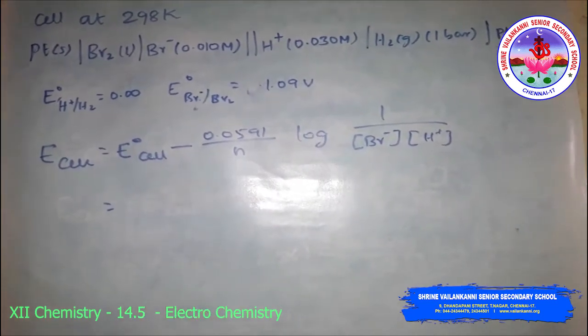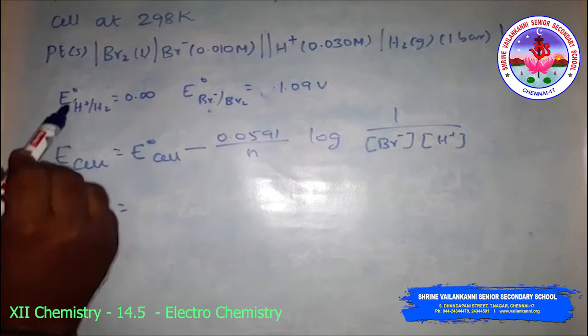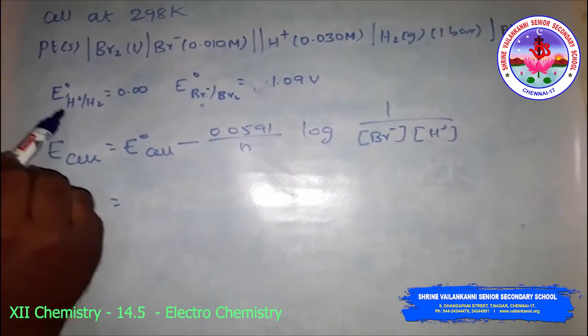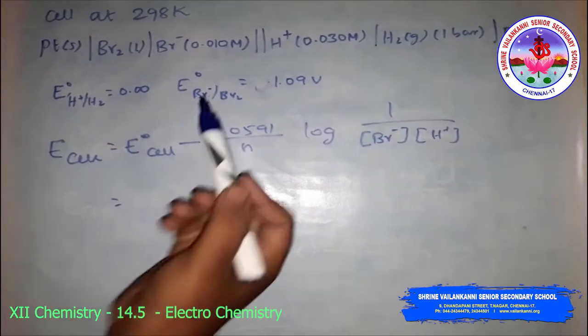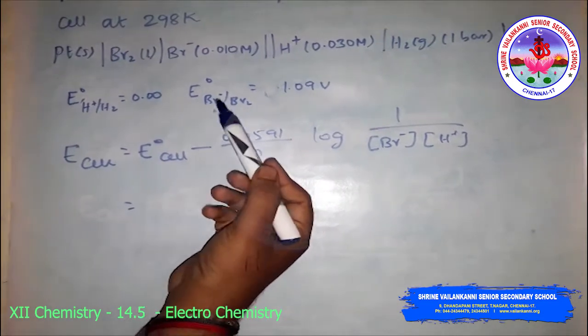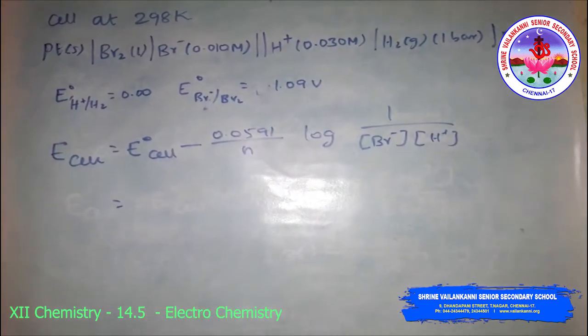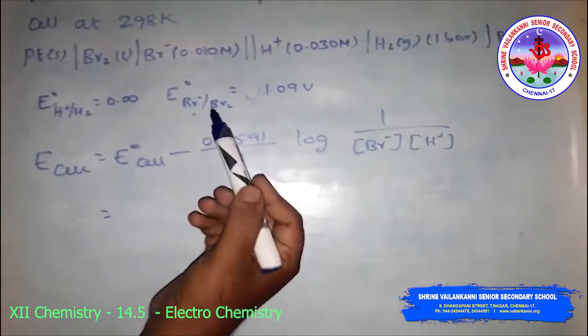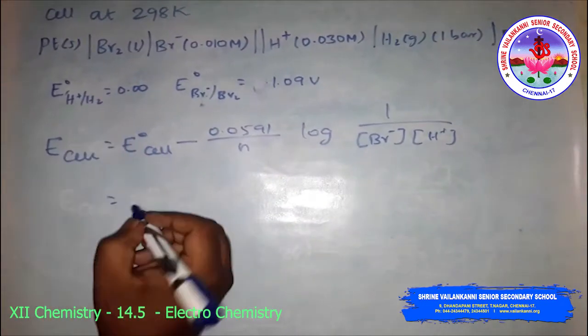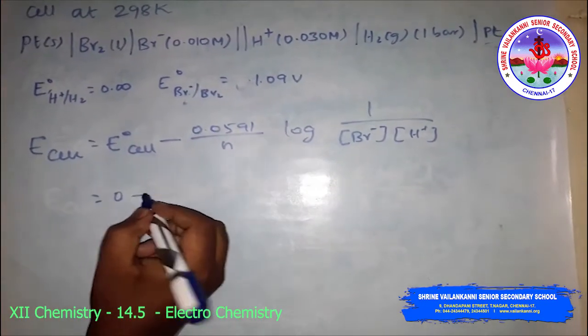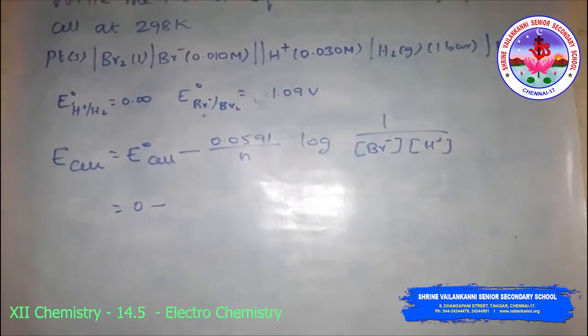The cathode is H plus, because H plus is reduced to H2, and Br minus is oxidized to Br2. So this is the cathode and this is the anode. The value is given here, 0, so 0 minus the anode,